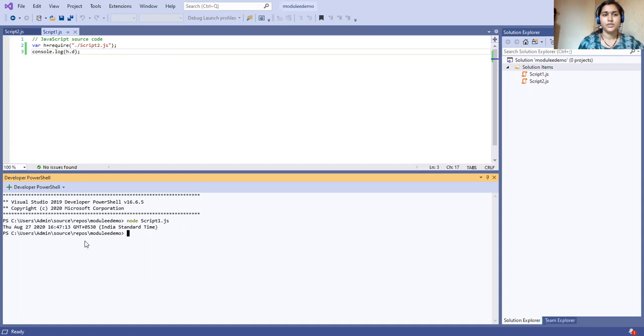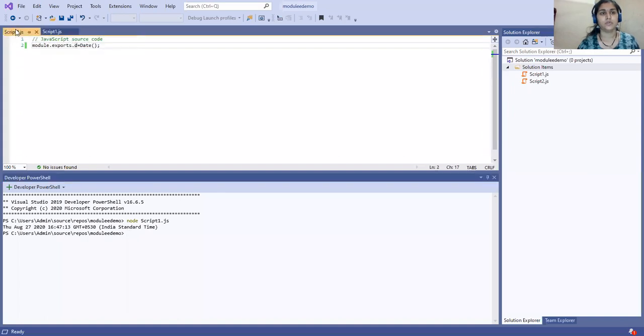Now suppose this is not a variable and I'm using a function for this purpose, then what happens? I'll tell you. Instead of this date variable, I'm going to use a function. So I have to write over here one function, d equal to function, and I'm just using the function definition over here.